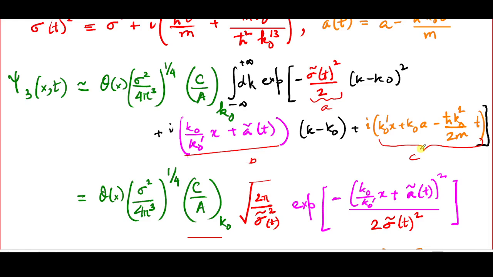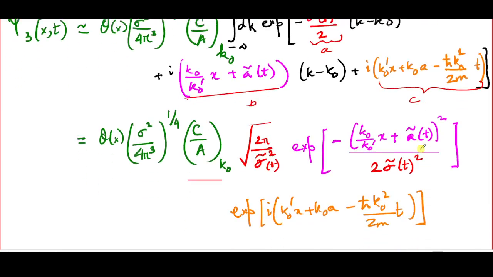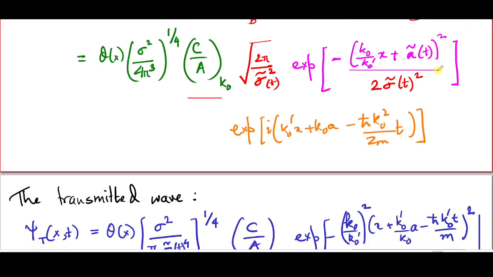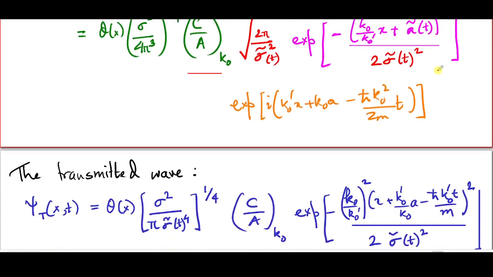Note that in both cases, this is a very well justified approximation because my wave packet is bound to be narrow in k space, centered rather sharply around k0. Of course, in addition to this, you also have this whole factor, which just comes out as a constant, e to the power c. So this is my transmitted wave,